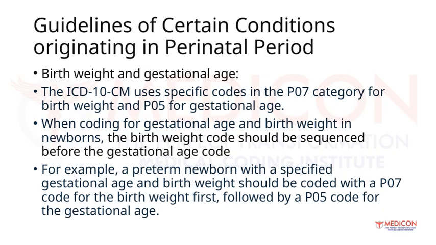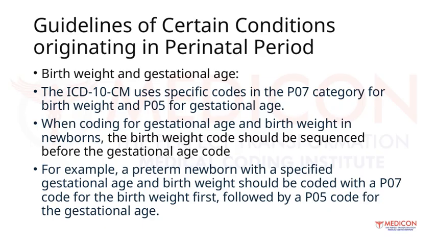For example, if you have a preterm baby with a specified gestational age and birth weight, you'd code the birth weight first using a P07 code. Follow that with the P05 code for the gestational age. Doing this correctly helps providers and coders communicate clearly about the baby's condition and ensures proper data collection. So, in summary, always remember, first code the birth weight, then the gestational age. This sequencing supports accurate documentation and aligns with coding guidelines, which is a crucial part of our overall approach to